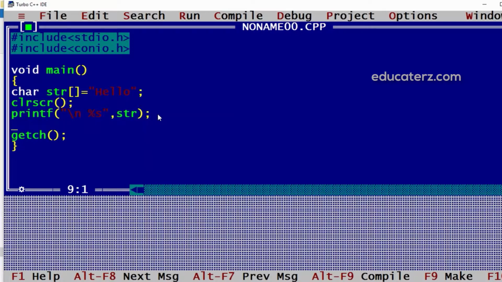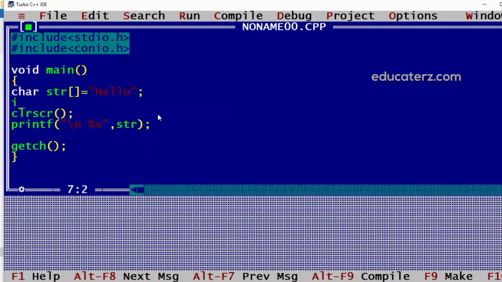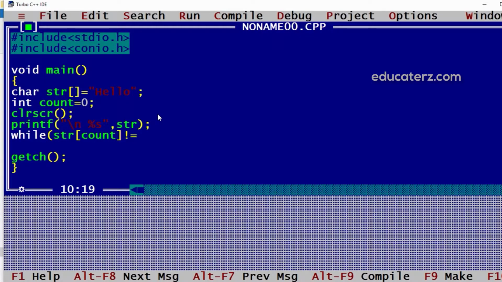For that we will take a counter which will be initialized to 0. Then we will have a while condition, that is str of count, which starts from 0, is not equal to \0, as \0 is the end of the string. So till it reaches \0, we will go on incrementing the counter.